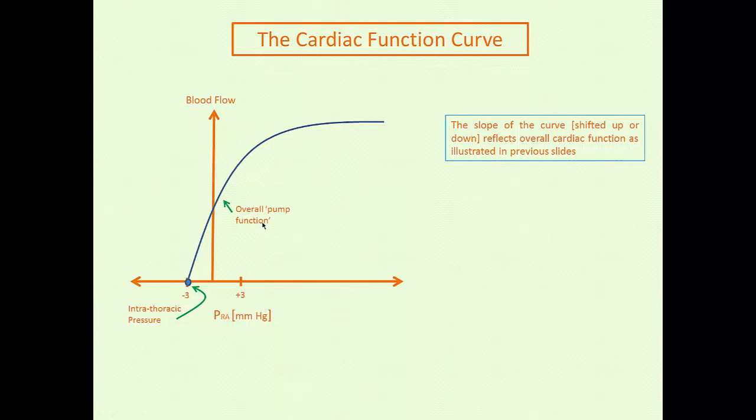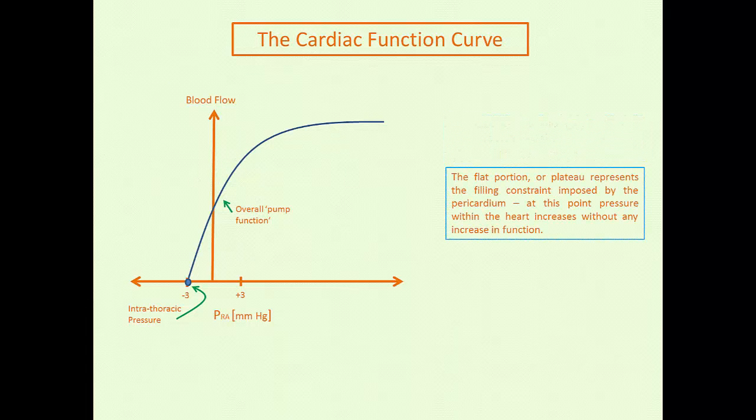So this is overall pump function, the slope of this curve, as we just went through in almost agonizing detail, that the shift of the slope of this curve describes the overall pump function and is mediated by changes in valve function, afterload, contractile state. And then the flat portion of the cardiac response curve really represents pericardial constraint, but it also represents mediastinal constraint, and as well the ventricles kind of have a cytoskeleton that prevent it from becoming distended or really